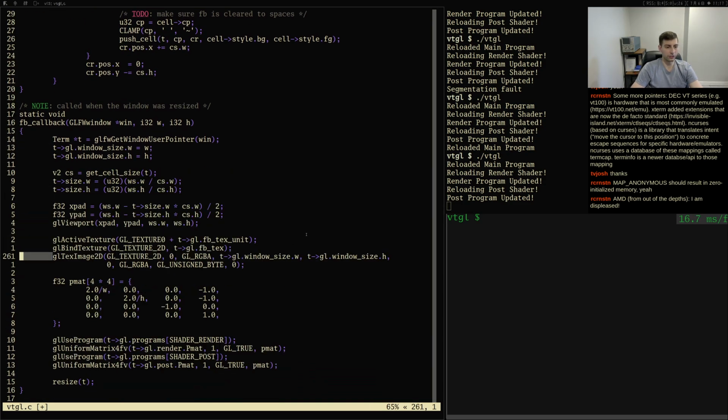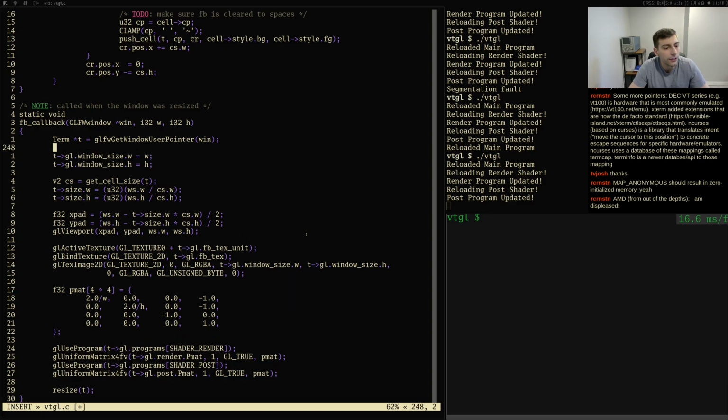In here, we're actually going to do this calculation. Yeah, we're going to include this padding here. So what we want to do is actually go ahead and